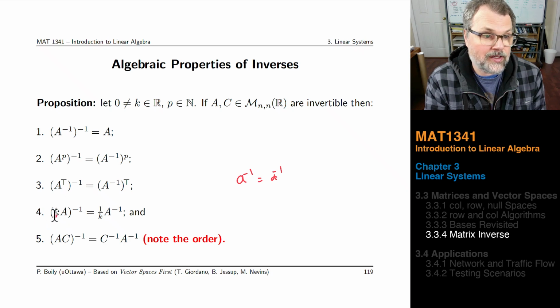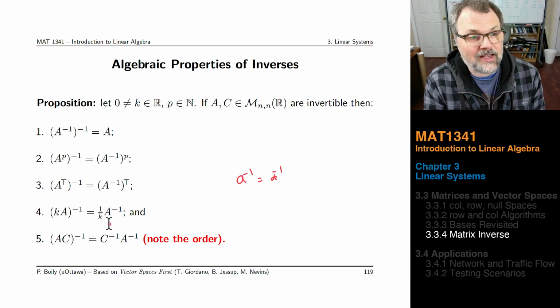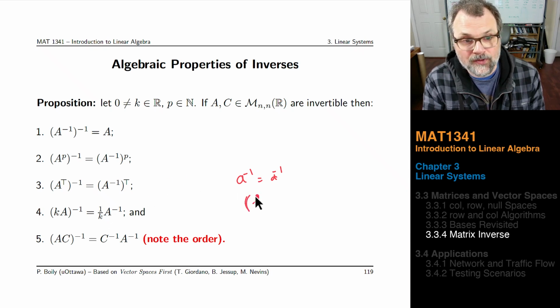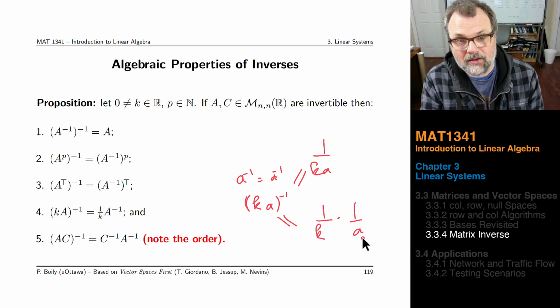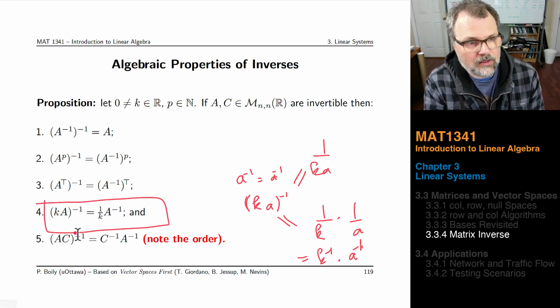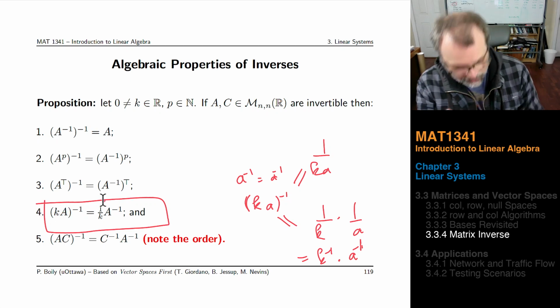Multiplication by a scalar behaves exactly as what you think it would behave like. And that's the equivalent with real numbers of saying that 1 over k times A would be the same thing as 1 over k times 1 over A, which is the same thing as k inverse times A inverse. If A is an actual matrix, this is what it looks like. If they're both scalars, it's the same thing. If they're both matrices, then